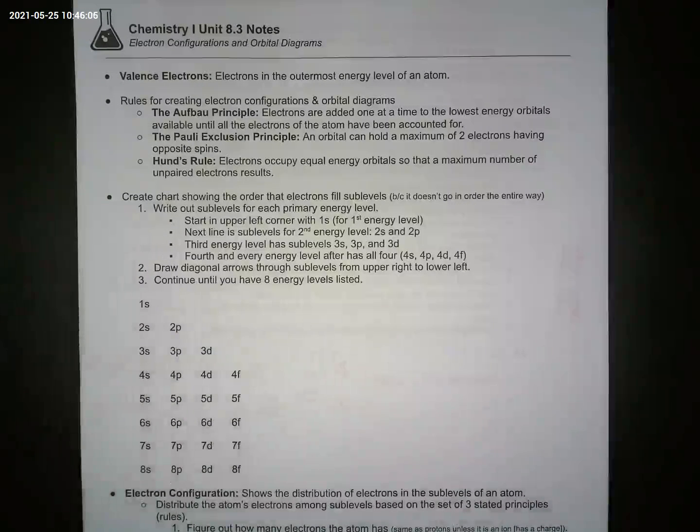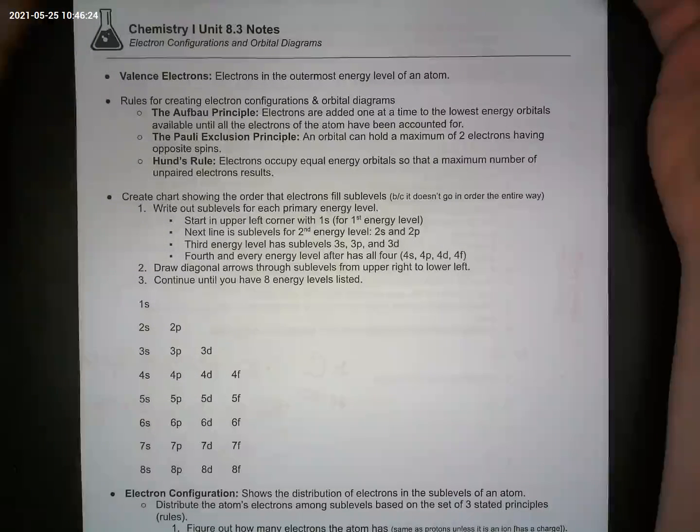This is going to be the Unit 8.3 notes lecture video concerning electron configurations and orbital diagrams. So, alright, this is the last material for this school year, 2021. So